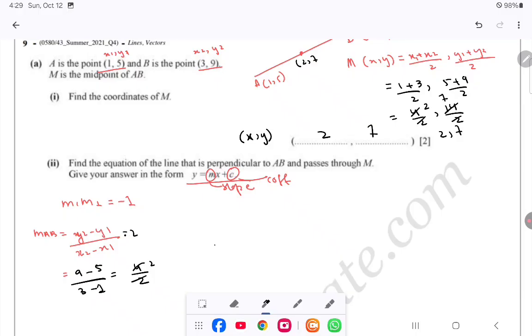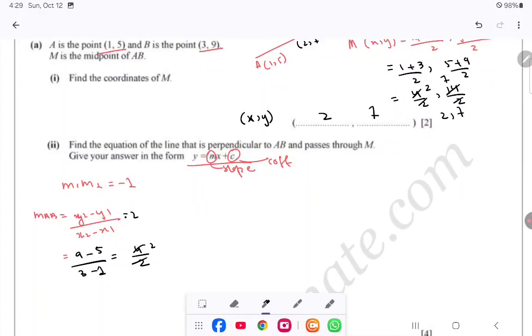In order to calculate the perpendicular line, we put m1, which is 2, times the perpendicular slope, equal to negative 1. Divide both sides by 2. The perpendicular line slope m is equal to negative 1 over 2. Now we calculated the slope. Now for the c,